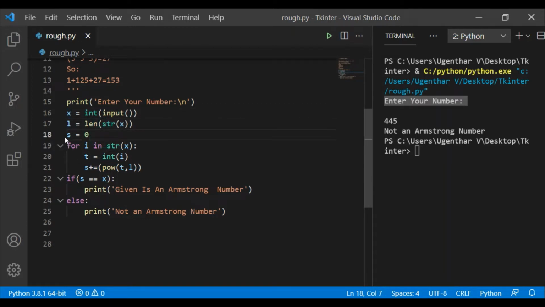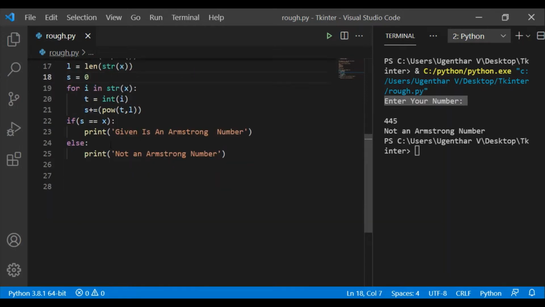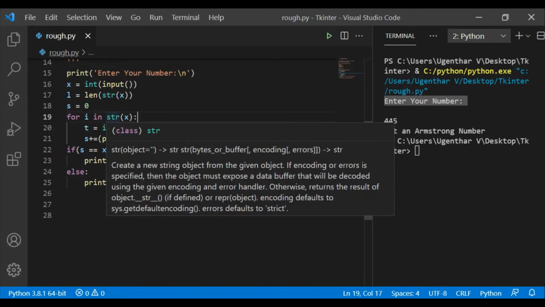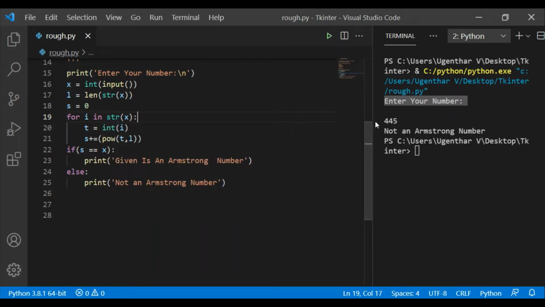After that, I am using s is equal to 0. This variable stores 0. This is used to find the sum. Next, I am iterating over each and every character in the string of x. That means first it will be 4, after that 4, after that 5. First, i will be equal to 4. 4 is now a character.